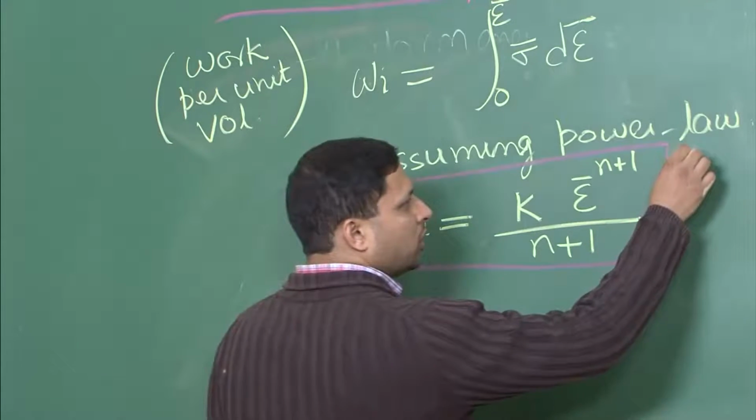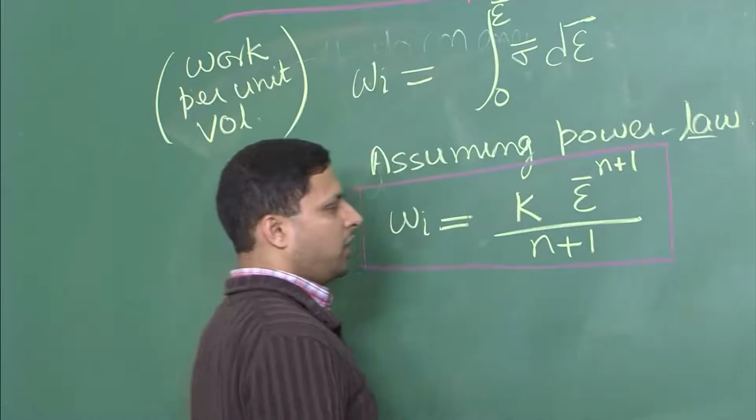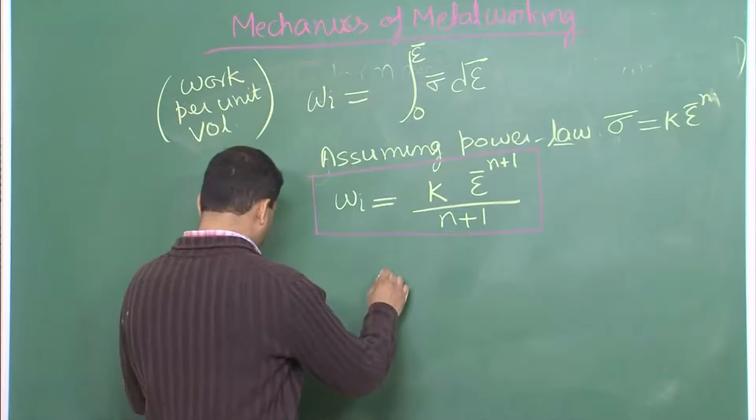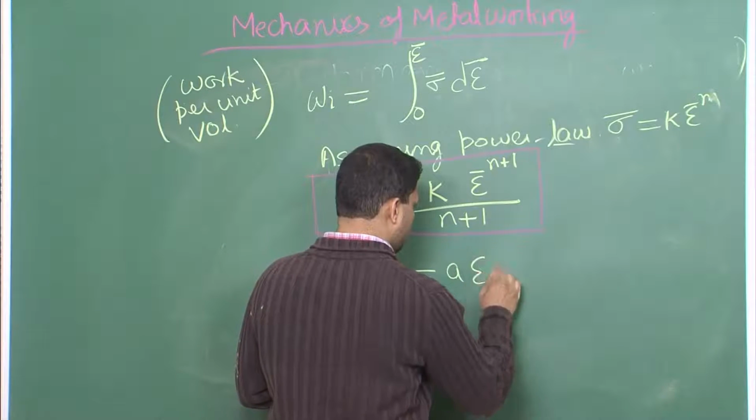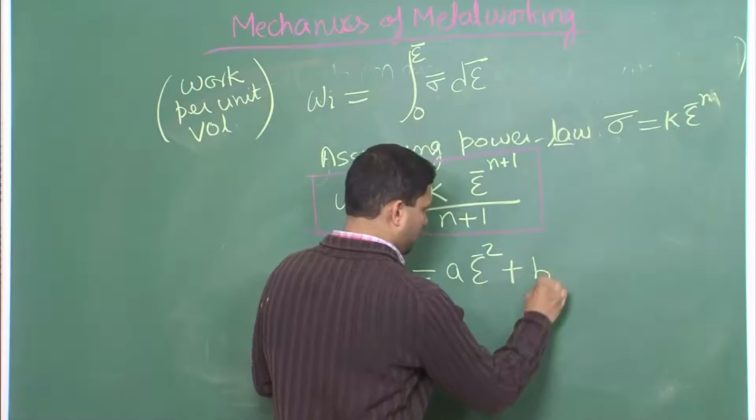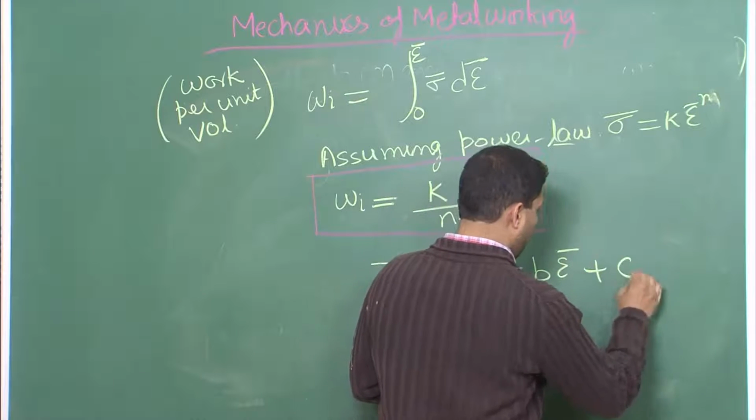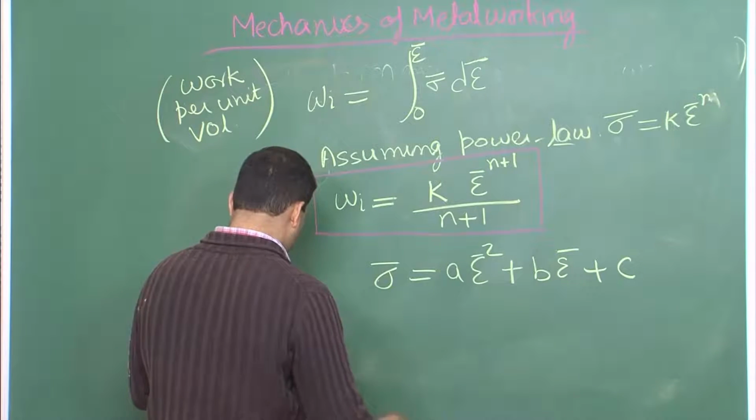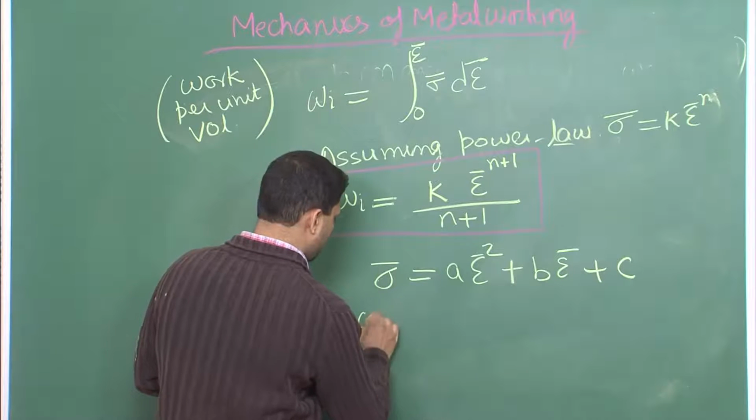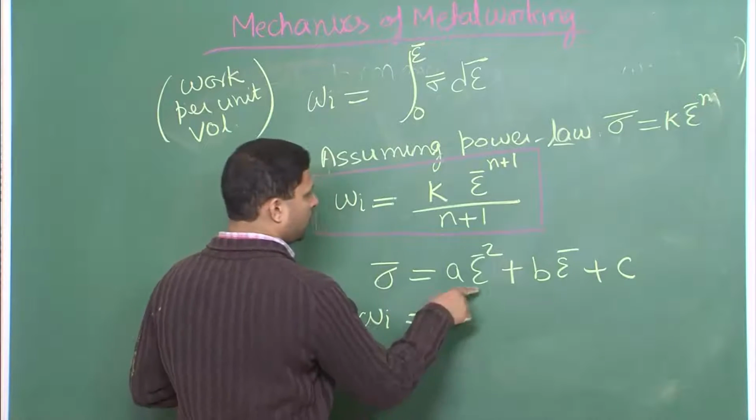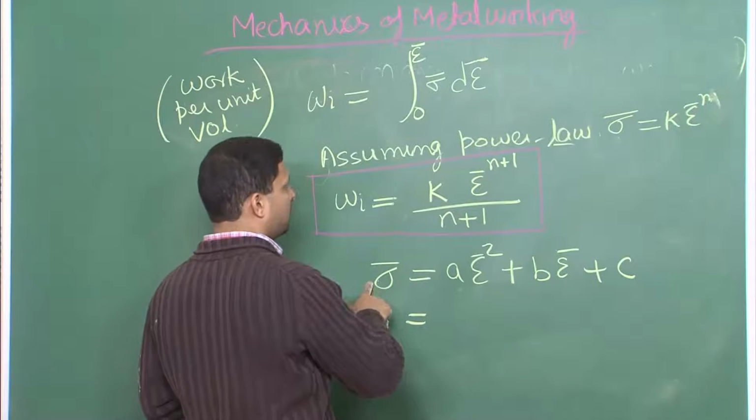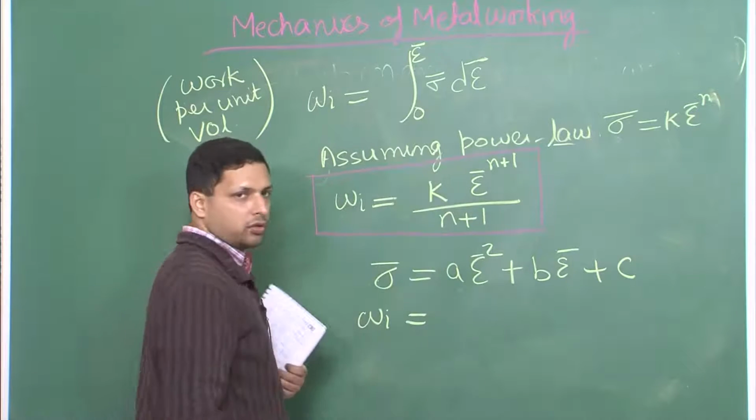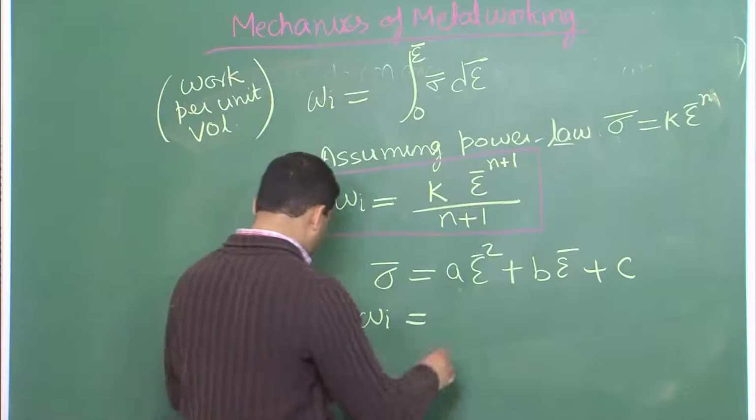And this is not only limited to power law behavior. You could have a flow stress behavior described by something like this. And in that case, you will have to integrate sigma d epsilon over the range 0 to epsilon bar, and what you get is